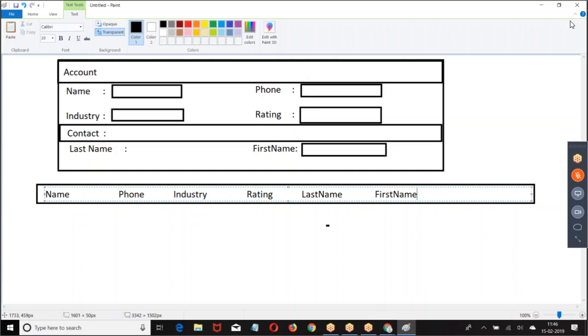Are you clear about this? Done. Right. Got my point? So here in this case, account we have taken, contact we have taken, separately. But here the point is, we need the combination of one account and one contact, but there is no standard data type available. Then we are supposed to create our own data type, then use it. How do you create your own data type? Wrapper class.